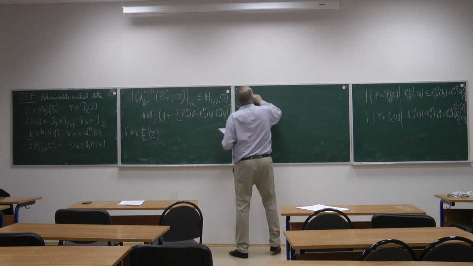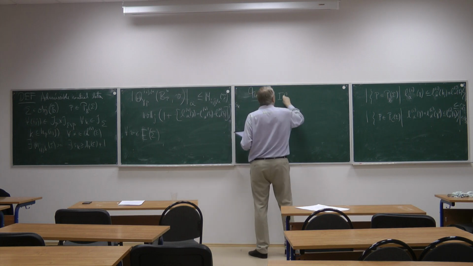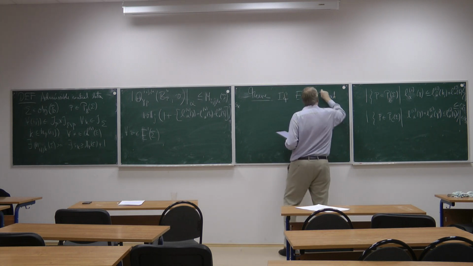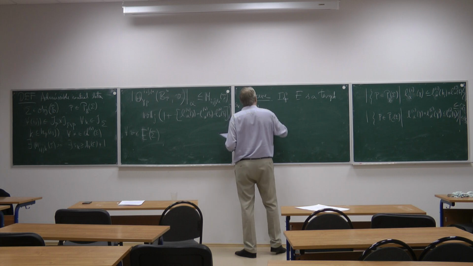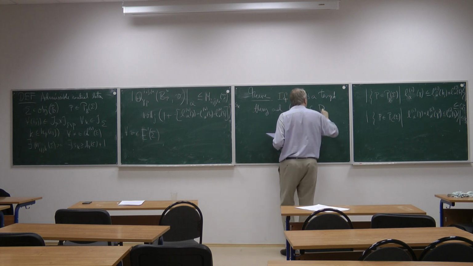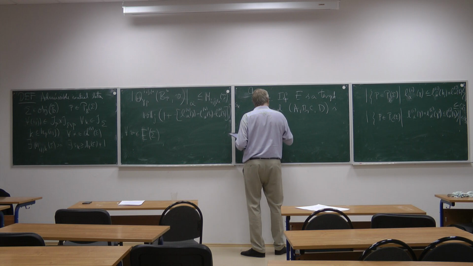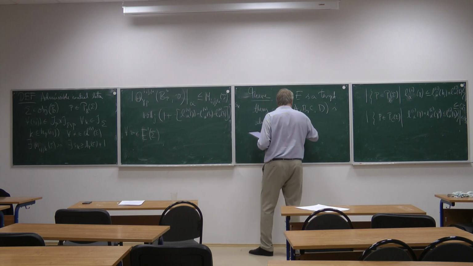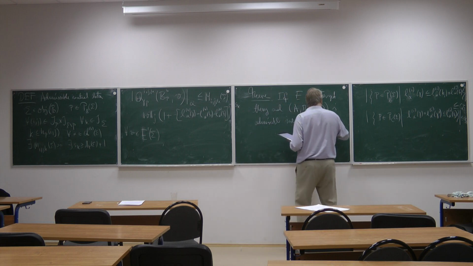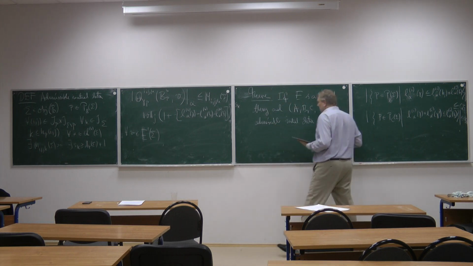So the theorem precisely says that, if E is the target theory, and A, B, C, D is admissible initial data, then GR is well defined,